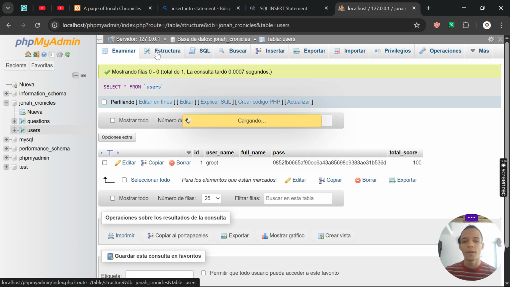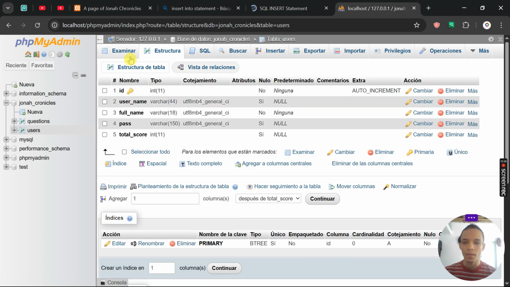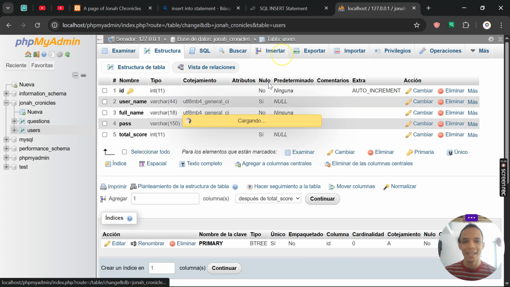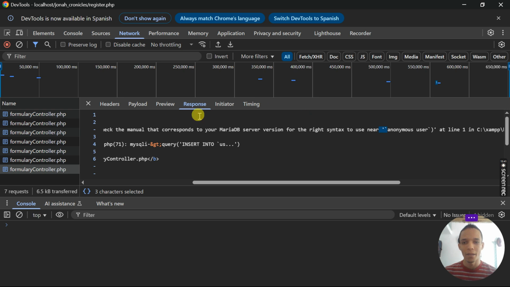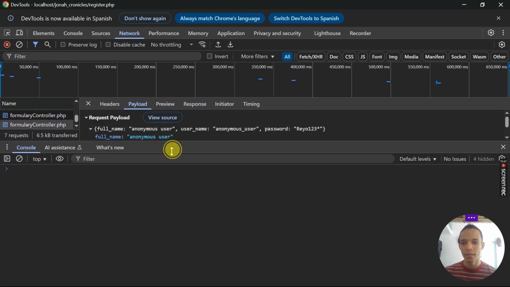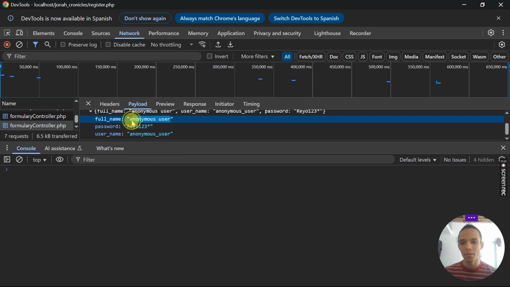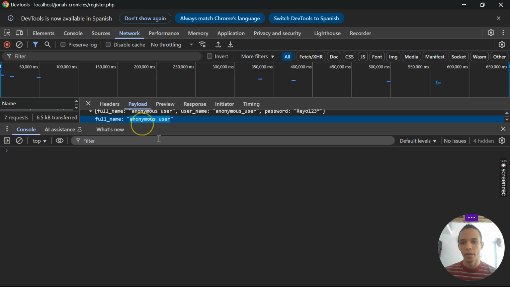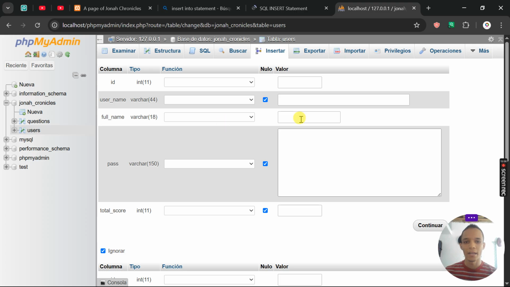Let's see the structure of the code. What I'm going to do is try to insert the data by myself. What I mean is that I'm going to go to the payload, let me cover this, and I'm going to try to insert the username just directly, okay? And now I'm going to put username, full name, anonymous,